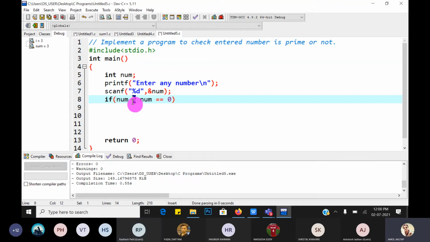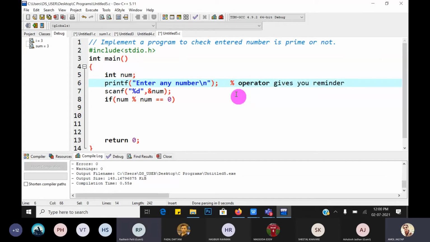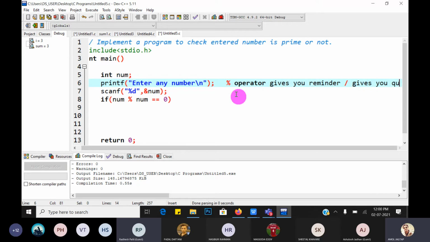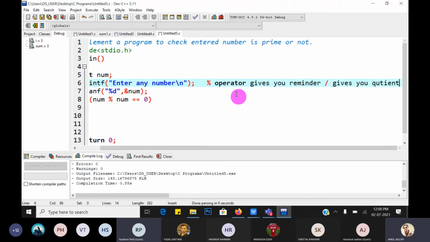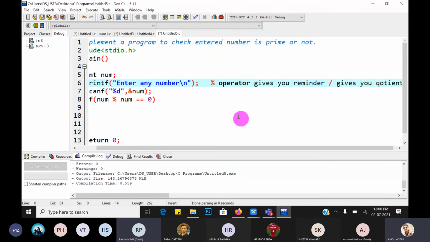Now, what is the use of the mod operator and the division operator? The division operator gives you the quotient, while the mod operator gives you the remainder.